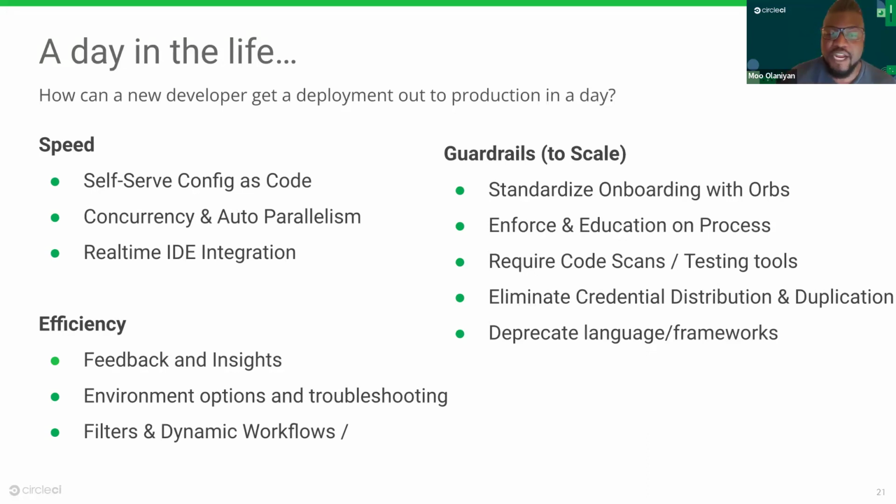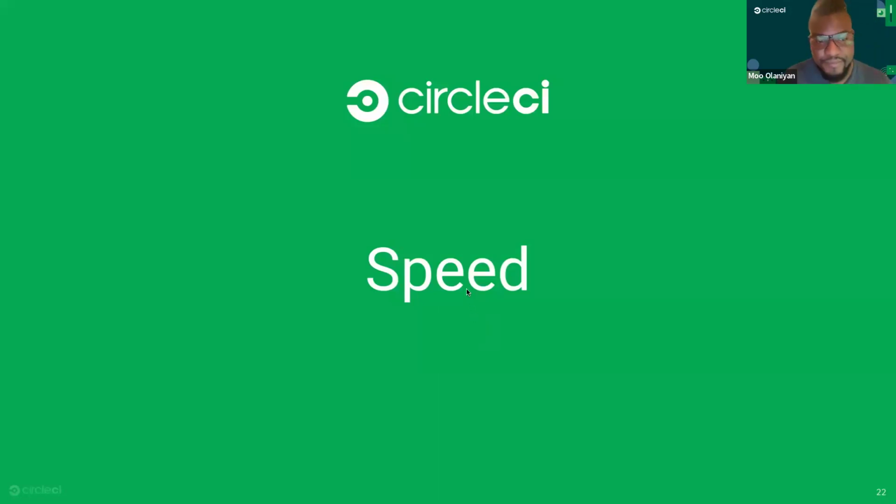You need to make sure that there aren't any bottlenecks in the process for the developers to make their critical deliveries and keep value flowing for the business, while simultaneously making sure that critical safety policies are being adhered to by every single person in the organization. It is your duty to protect the organization and the individuals of that organization. So given all of that, this is how we're going to roll through the demo today. Speed, efficiency, guardrails. And we're going to dive into some specific areas of each. So let's begin. Pillar 1, speed, right?